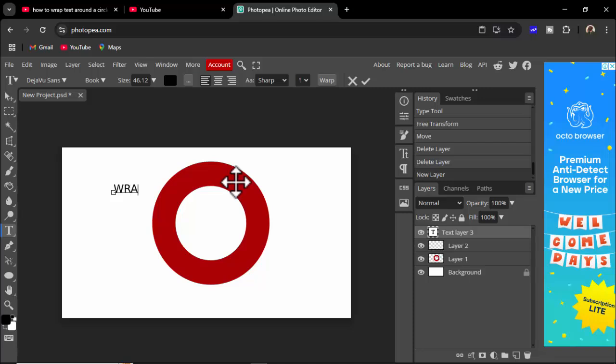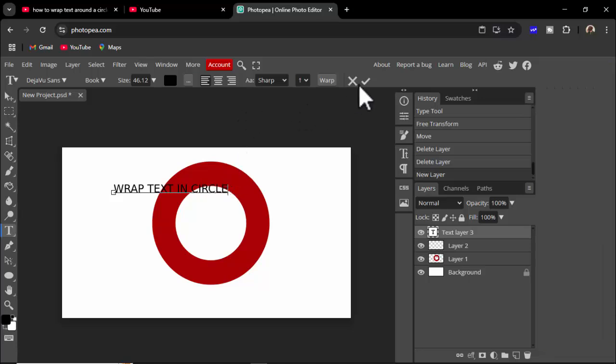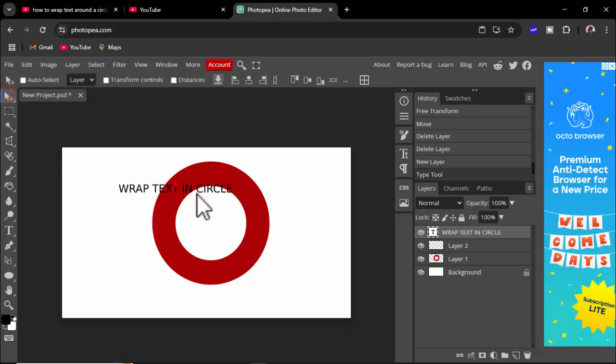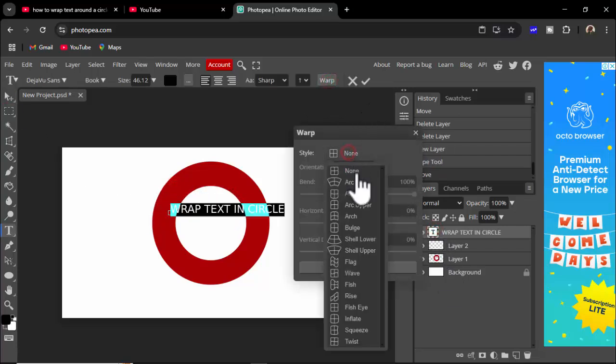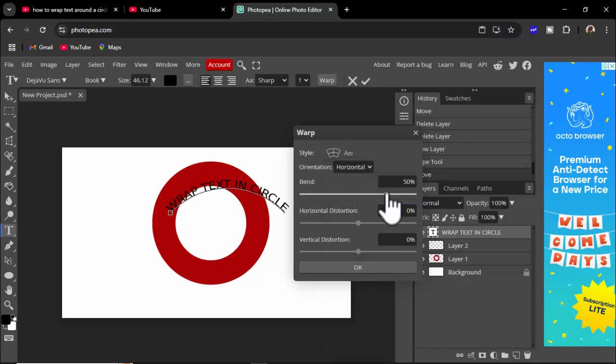Example, I type wrap text in circle. Okay, then double click warp RC,